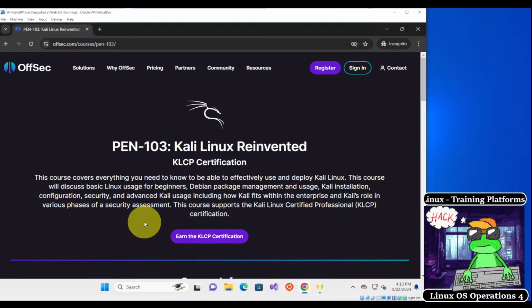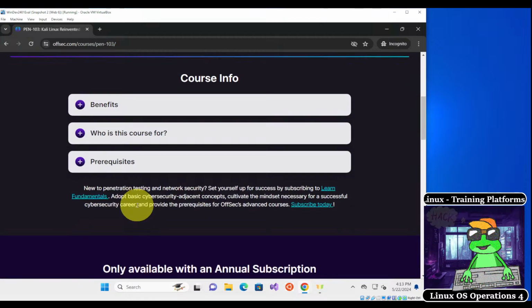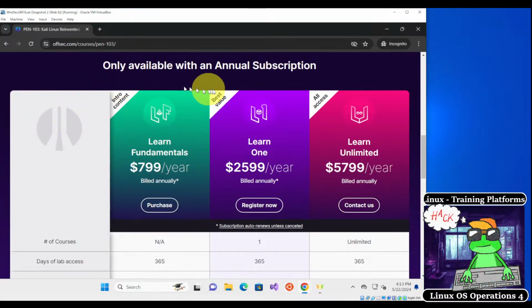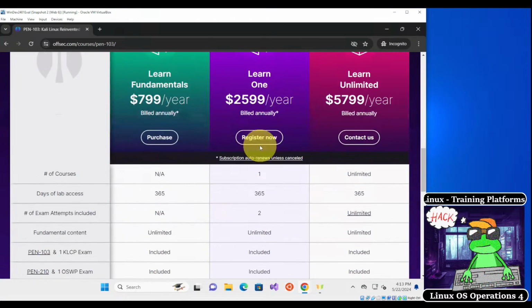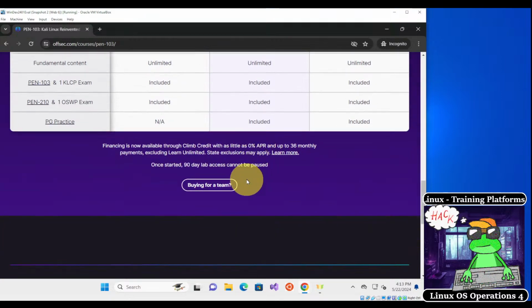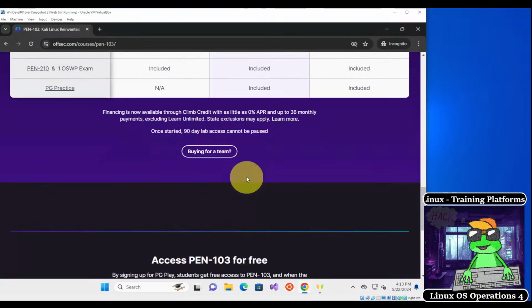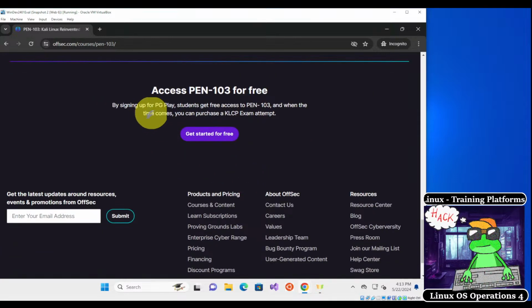Okay, so it talks about some course information over here. We can skip over it. Normally it says it's only available with an annual subscription, but if we scroll all the way to the bottom over here,